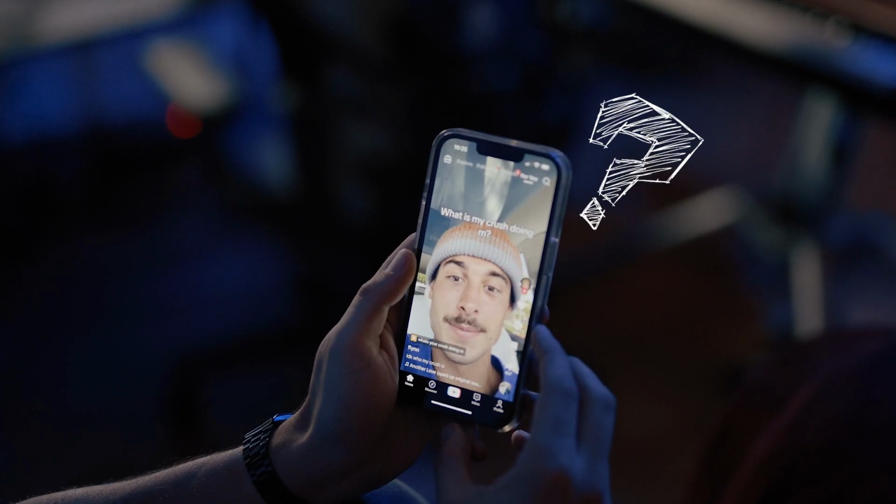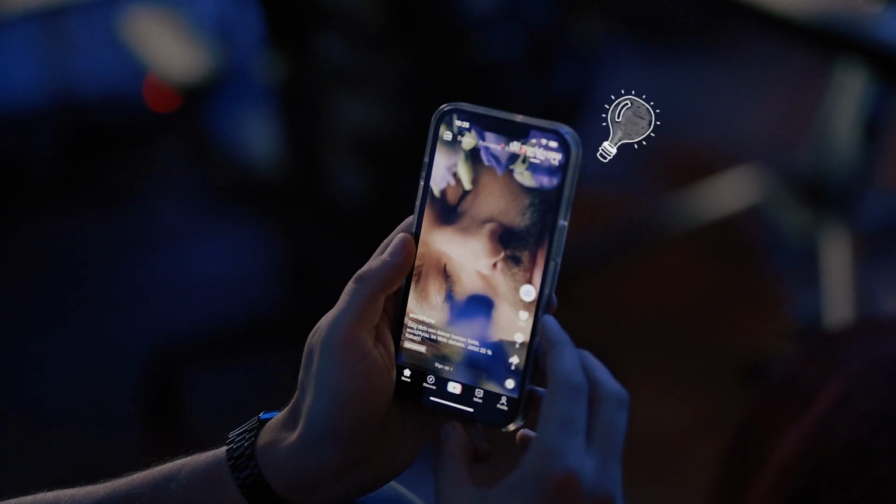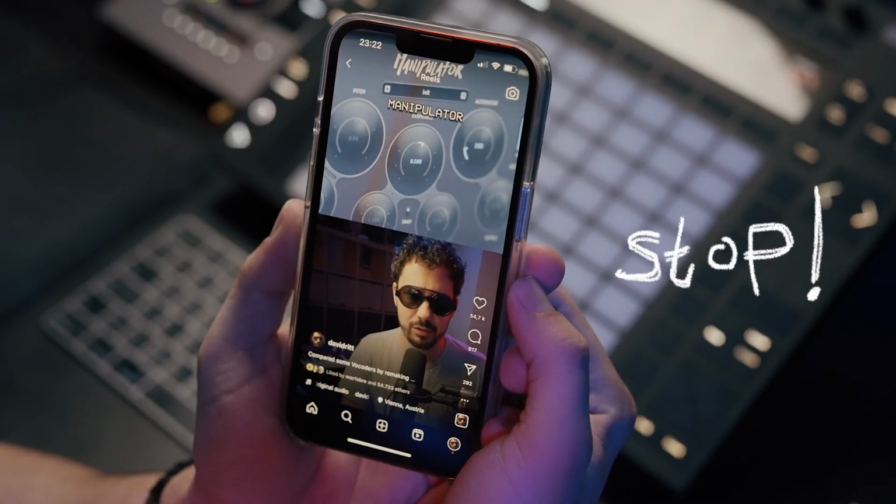Let's face it, when we are on TikTok, Instagram or YouTube Shorts, we are always this close from scrolling to the next video. But we have to make sure that people watch our videos from start to finish, or even more than once. And we do that by creating as many moments of excitement as possible. Look at this reel, for example.